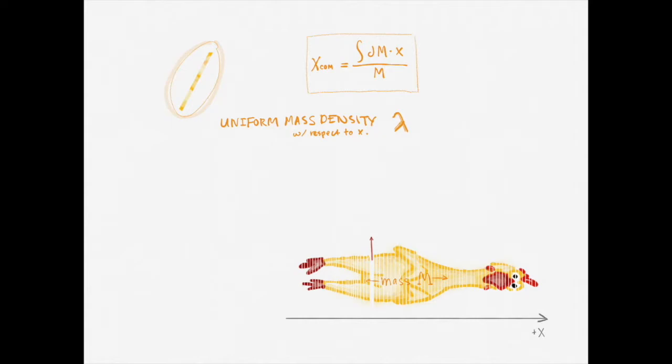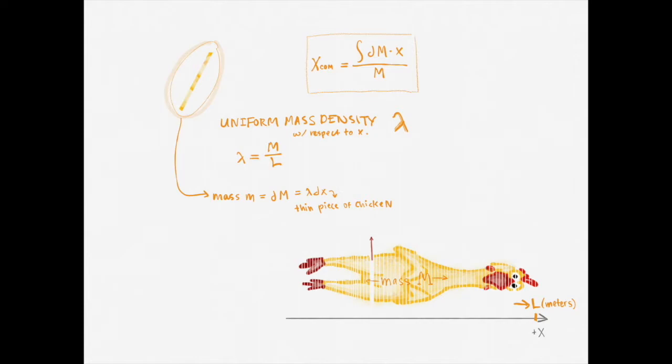Now back to the chicken. Let's approximate it as having a uniform mass density with respect to x. So what that means is the mass of the chicken is evenly distributed from left to right. And since we know the total mass of the chicken is M and the total length is L, then the mass density, lambda, is M over L. Since we now know the mass density, we can calculate the mass, lowercase m, of a thin piece of chicken. So that would be equal to dm, or lambda times dx, where dx is the width of your very thin